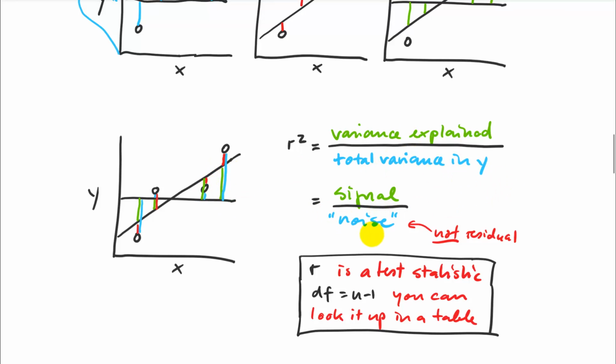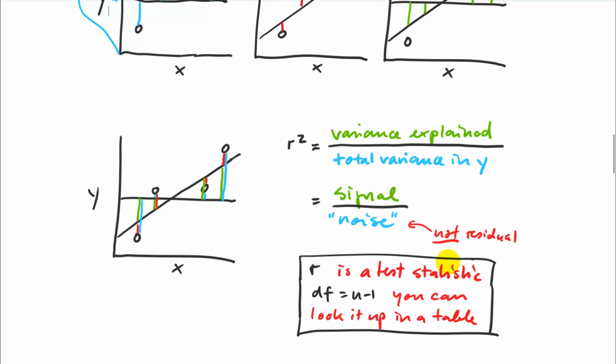And that's actually also a signal-to-noise ratio. You could have a different signal-to-noise ratio, so you could put the residual here, the red ones. But that is not what is being used in this particular case. So my noise, in quotation marks, would be the total variance, and that makes r or r squared also a